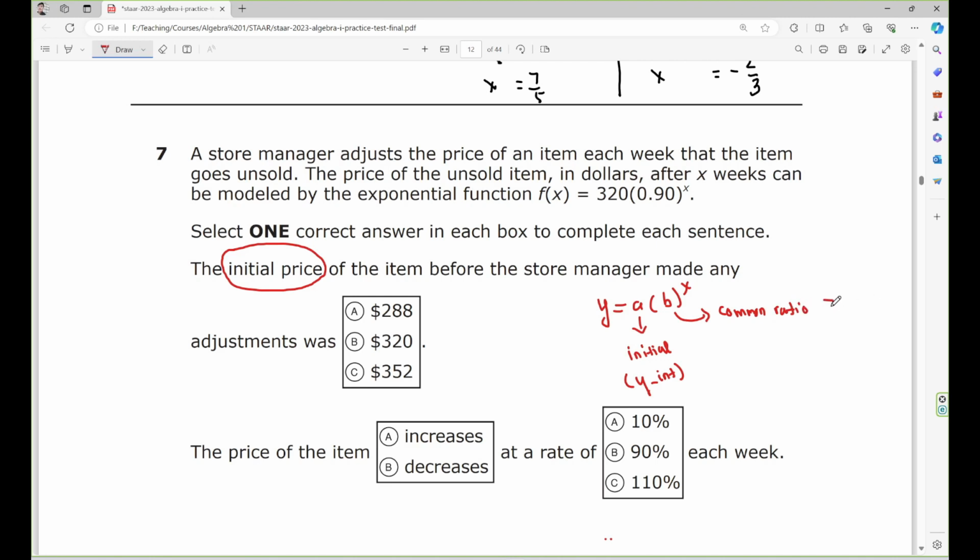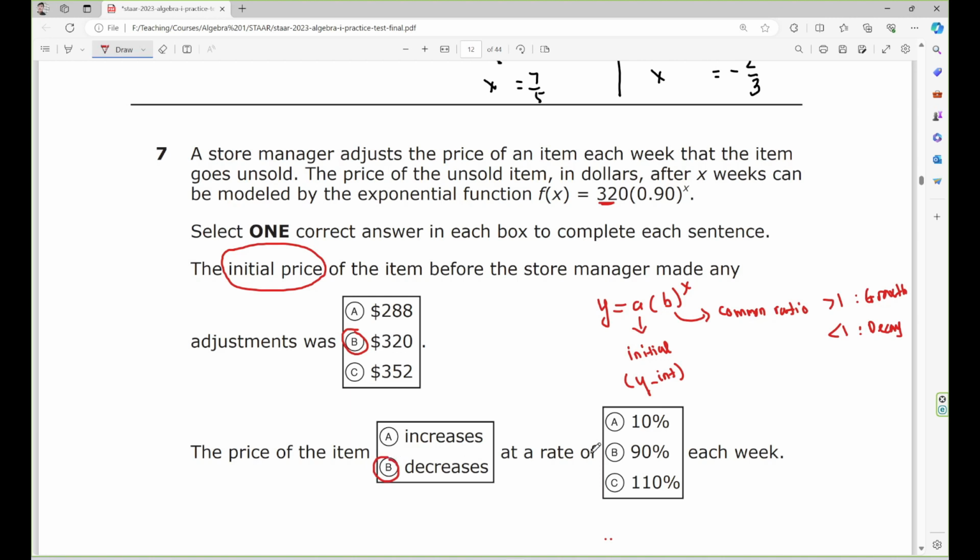Now, if b is greater than 1, this could be growth. If it's less than 1, it could be decay. Alright, so look at this one. Initial price must be 320, so the answer must be B. The price of the item, look at this one, this is 0.9, less than 1, so it should be decreasing